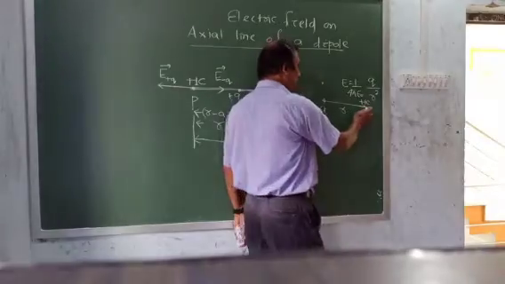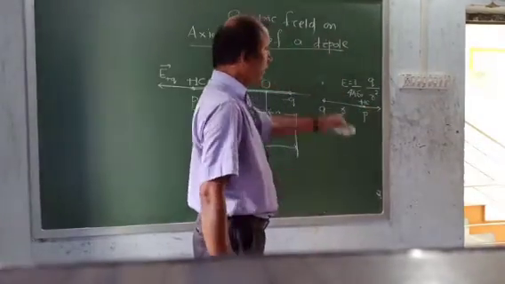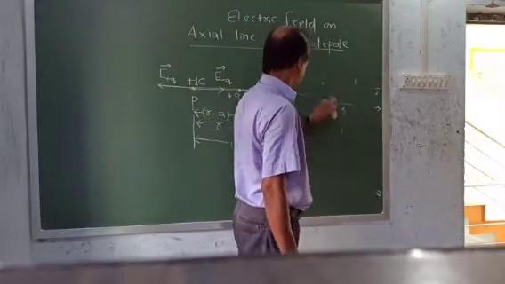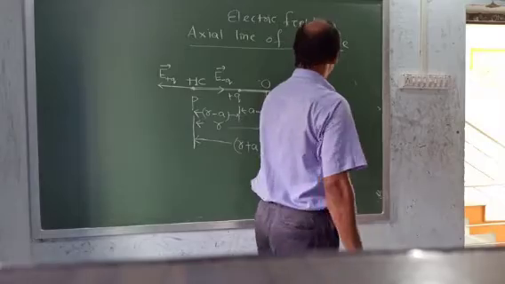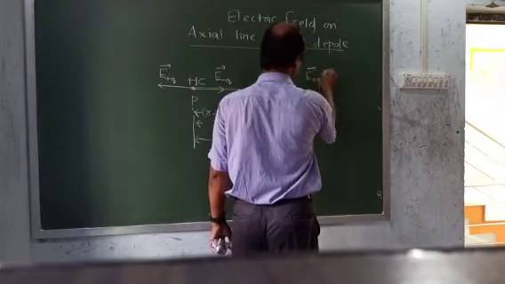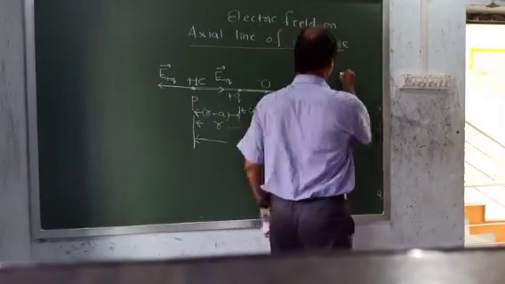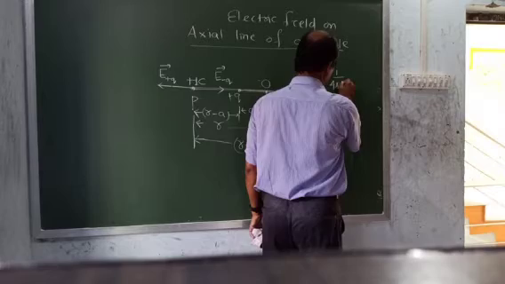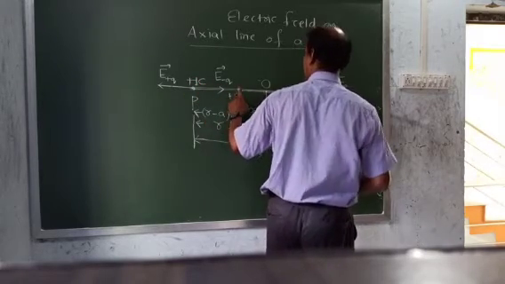A unit positive charge will move away due to repulsion. Hence this is the formula for electric field. So now we will write the electric field E of plus q. E of plus q will be in this direction. Its magnitude will be 1 by 4 pi epsilon naught times the magnitude of the charge q.